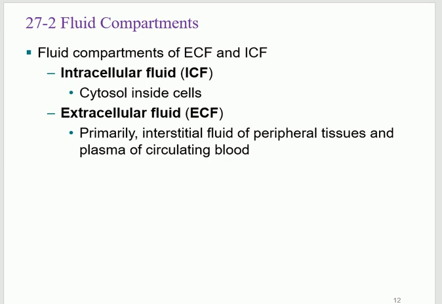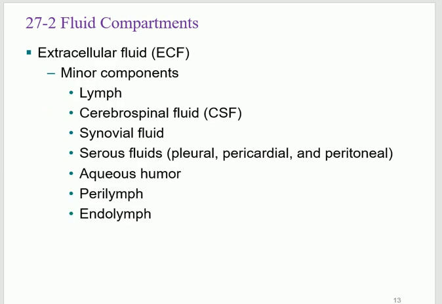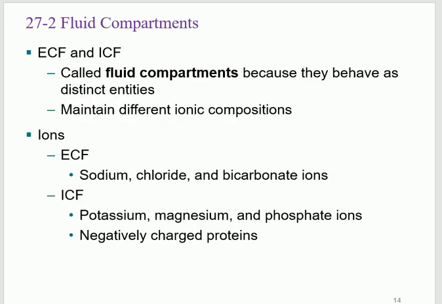And extracellular, including interstitial fluids and different types of fluid, blood, and so on. If you are talking about others, which is like 1%, lymph, cerebrospinal fluid, synovial fluid. Where is the synovial fluid? In synovial joints, right? We have fluid in the joints. Some serous fluids, like a very tiny amount in the pleural space, the pericardial space, peritoneal space. You have something in the ear, perilymph and endolymph. But you still need to know these minor components.